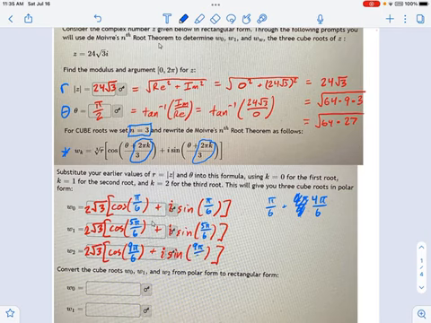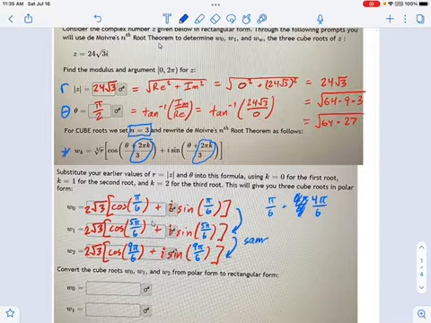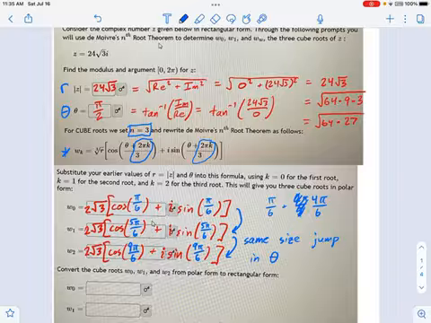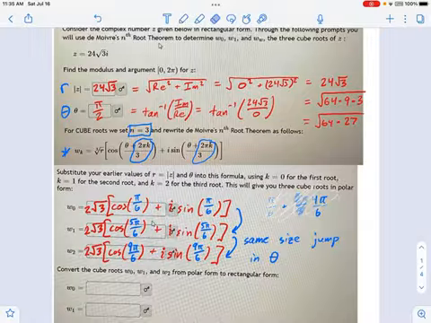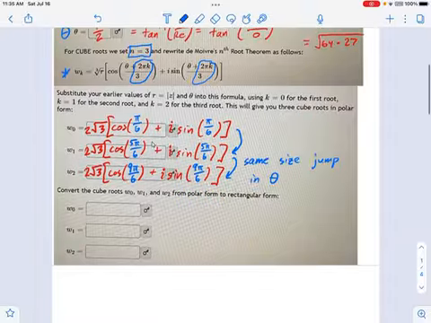And the pattern that you're seeing here, where it's plus 4 pi over 6 each time, is no accident. That is a very, very real thing. And you will see that pattern every time you're doing roots. In other words, it is the same size jump in theta every time. Once you figure out the size of the jump, this formula gets a whole lot easier, because we don't need to do the k stuff and all that.